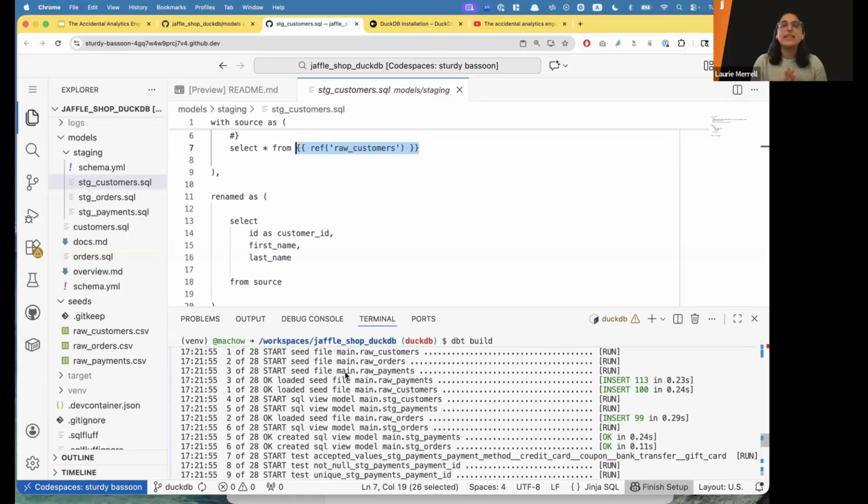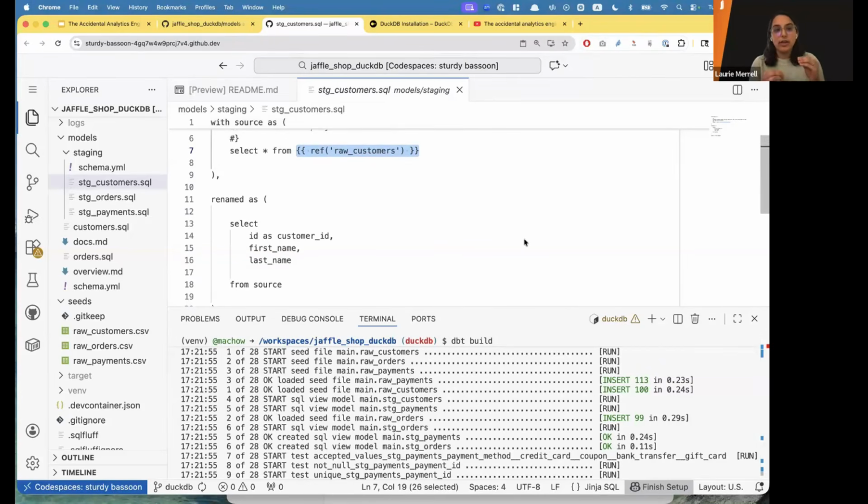DBT can have some Python code in it, but it's not going to run an arbitrary Python script on a schedule. Normally with a DBT project, if you're using DBT Core, you would have a separate orchestrator like Airflow, Dagster, or Prefect that's kicking off your DBT project. You can't schedule it by itself.